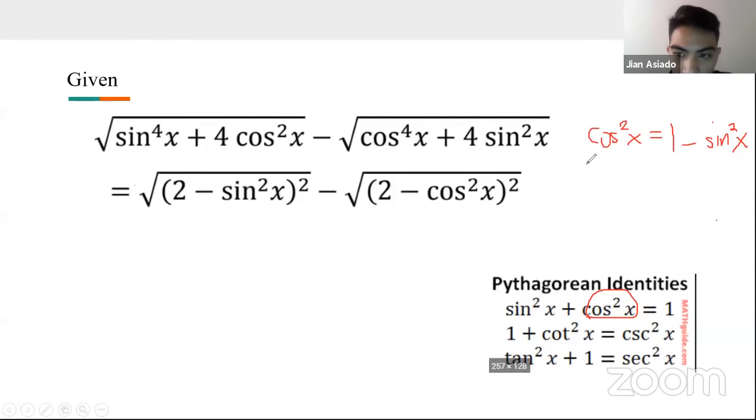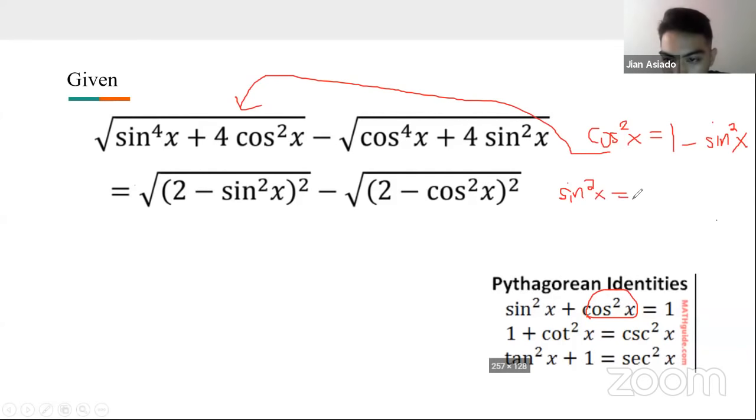So, dito, pinalitan lang ito basically. Tapos si sine squared x is equal to 1 minus cosine squared x, no? Equal naman ito dito. Ayan. So, sinubstitute then,